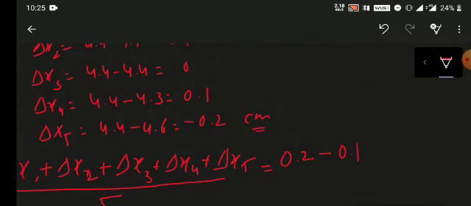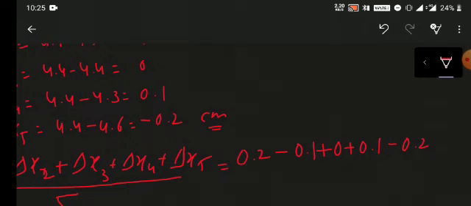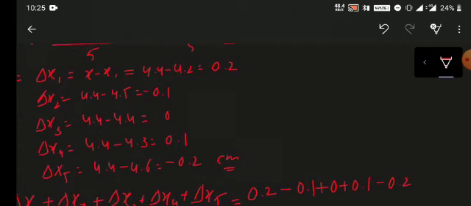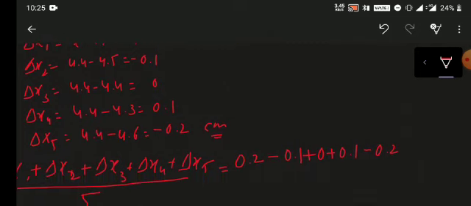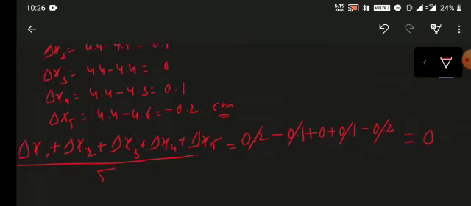So the sum is 0.2 minus 0.1 plus 0 plus 0.1 and minus 0.2. Okay, so you can easily determine the value of the mean absolute error. What will be the total? Can you please tell me? Just wait for 1 minute. I think the answer would be some changes are there, because 0.2 cancels out with this value, 0.1 also cancels out with this value. So what will the error be? The mean absolute error will be 0.